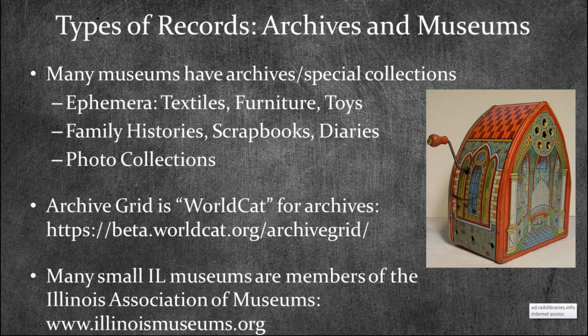So I was able to go into ArchiveGrid and start doing some searches on vaudeville, on vaudevillians, on actors, and all the terms that I knew. I was able to find 3 collections in Illinois on vaudeville that were at either an archives in the Chicagoland area or at a university, where he could then contact them and ask for copies of these records. So it drills into that collection, but you can't expect to put in George Burns, who was an early vaudeville actor, and expect to come up with a lot of individual records. You have to just search on the terms and the types of records.